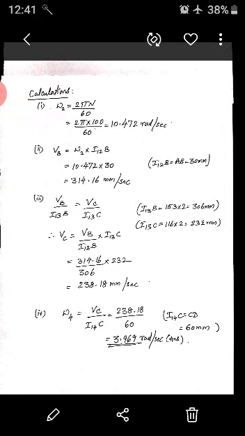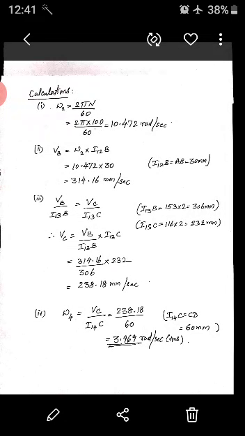And why did I multiply with 2 there? See the right side: 153 into 2, 116 into 2. Why did I do that? Because the scale is 1:2. If you don't multiply by 2, you are not taking the original dimension; you are taking the reduced dimension. So I13C is 232 mm and I13B is 306 mm.